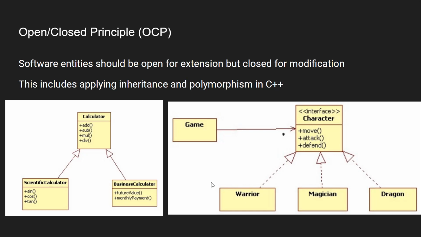On the left here, we've got an example of applying inheritance, where we've got these diagrams implementing the concept of inheritance for this calculator program that we've defined. And on the right here, we've got a block diagram where we are applying the concept of polymorphism in C++, particularly in a video game